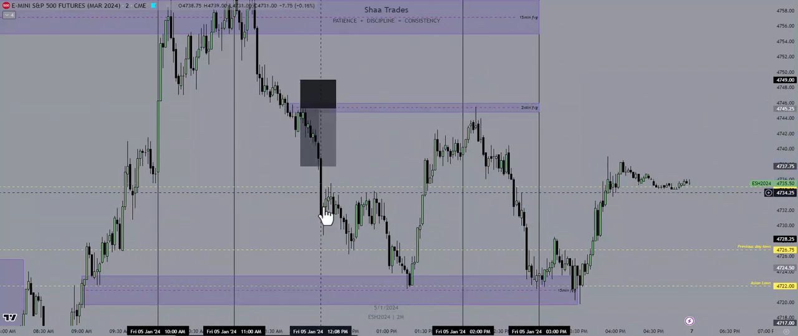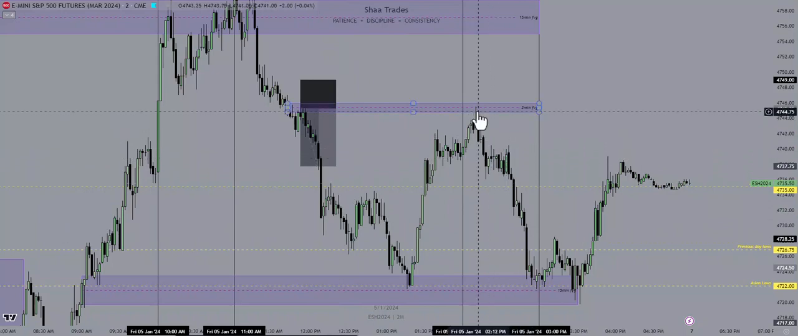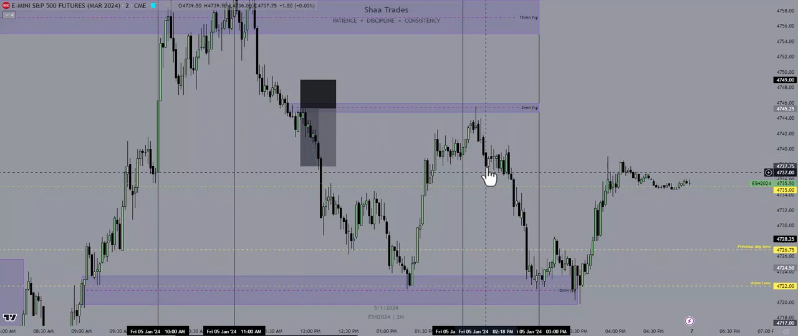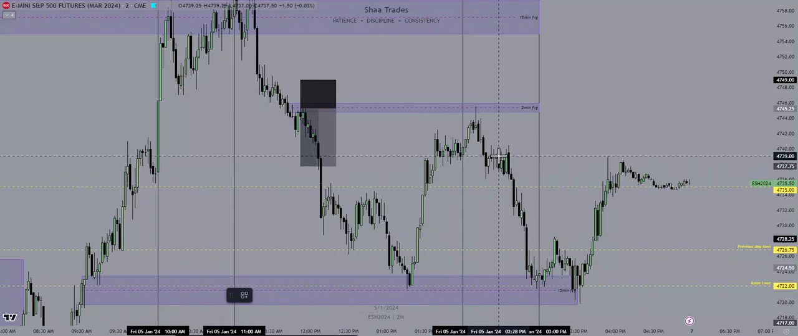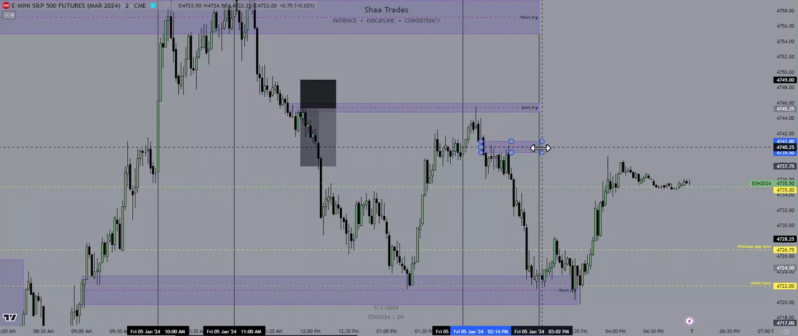You could have taken a trade here, but back into the silver bullet hour, you could have taken a trade here, right? But guess what? Even if you didn't put a sell limit here, right? Look what price did. Price broke down, right? Created a fair value gap right there inside the silver bullet. Now, what's important is that